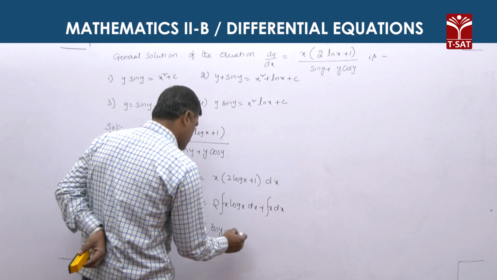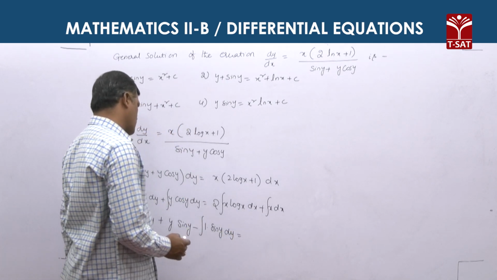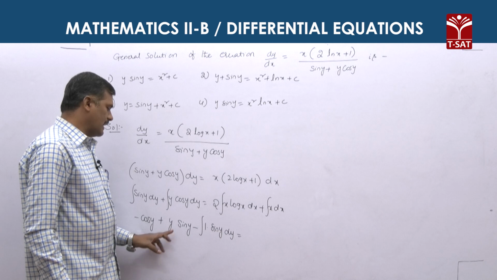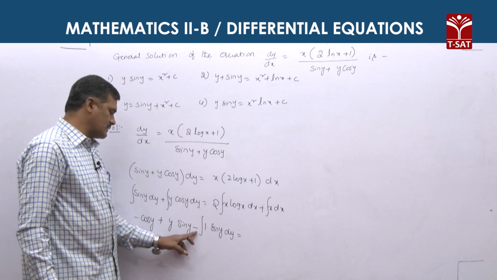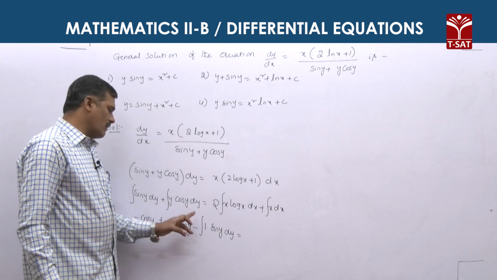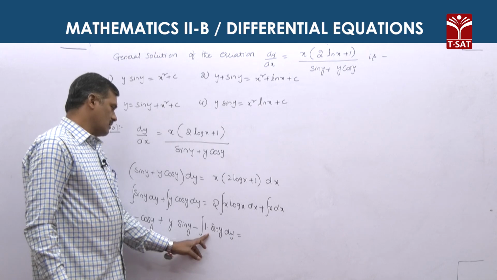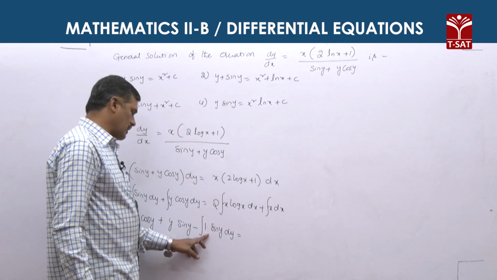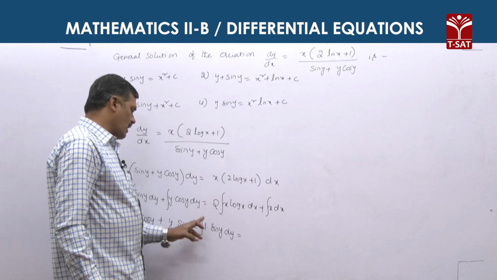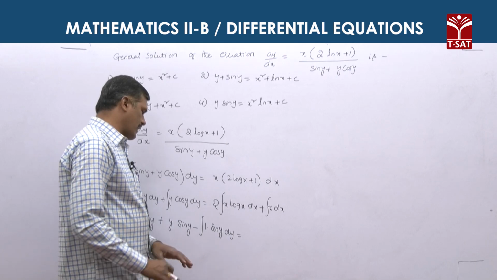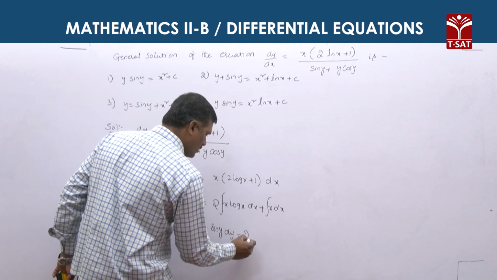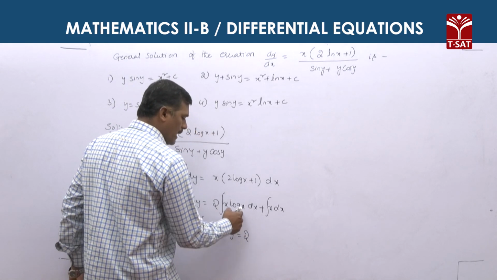That is y sin y minus integral of sin y dy, and it is equal to 2 into, here also the same by parts formula,